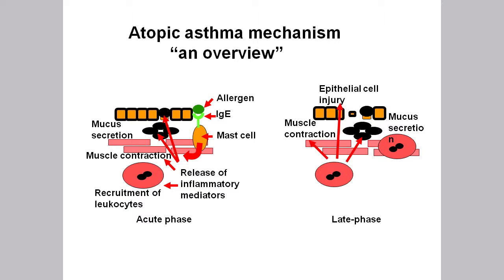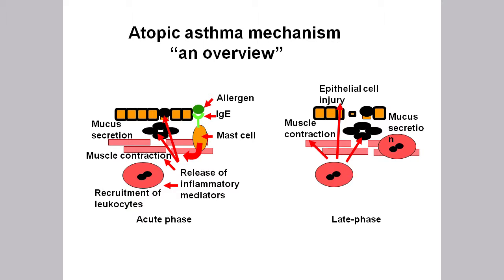Let's look at it in a very superficial overview first. On the left-hand side, you see the acute phase, and on the right-hand side, you see the late phase. I'm sorry, I don't have a pointer, so it's hard to point out to you, but on the left-hand side with the acute phase, there's an allergen. It attaches to an allergic antibody called IgE. The IgE then triggers various immune cells, one of them being the mast cell, to cause release of inflammatory mediators,